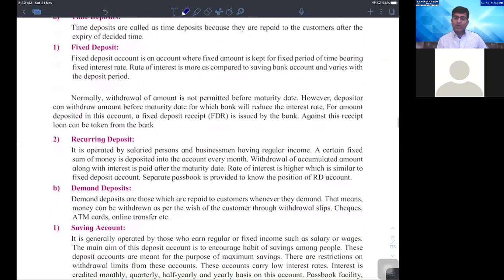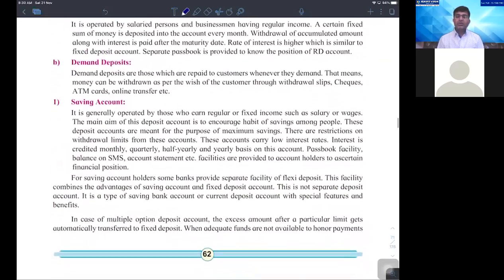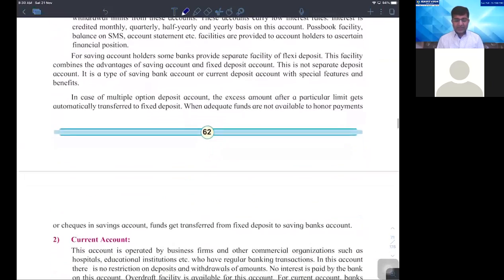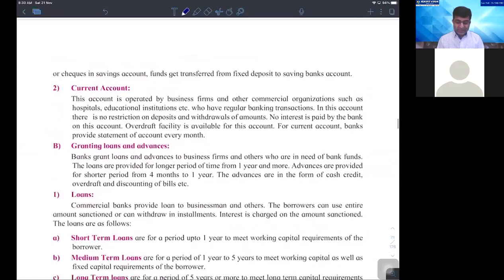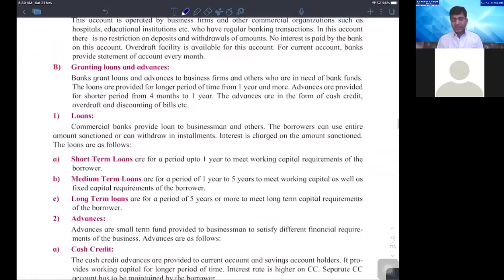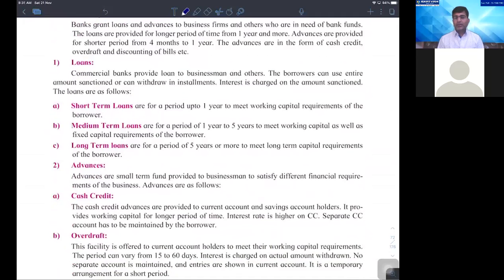LAP is a long-term loan, of course, because it is a loan against property. Generally, the loan taken against property, which you call LAP, is normally for the long term. If you are taking a loan against shares, LAS, loan against securities, those are short-term or mid-term loans and not long-term loans.